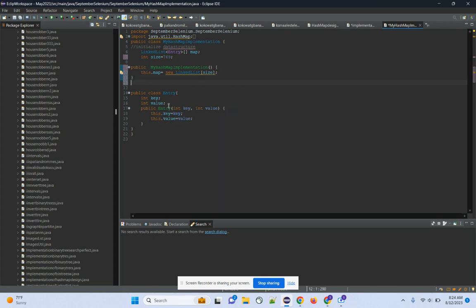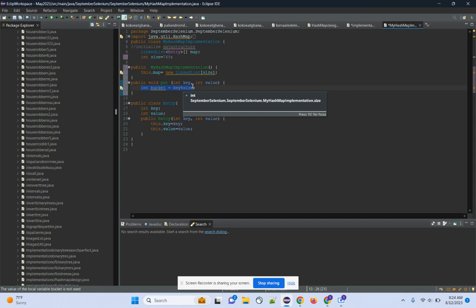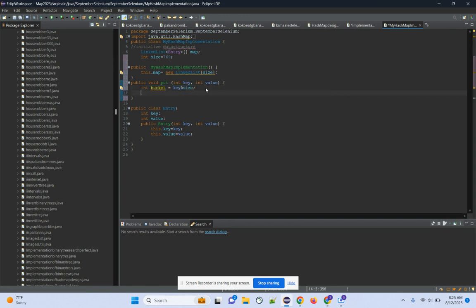So first thing, again it's a void method, put, and we will be having key and value. Now let's see, we have to find the bucket first. So to find the bucket, we are going to use that key modulus of size. With the help of this, I'm going to find out that particular bucket. Now there are conditions where if map bucket equal to null,